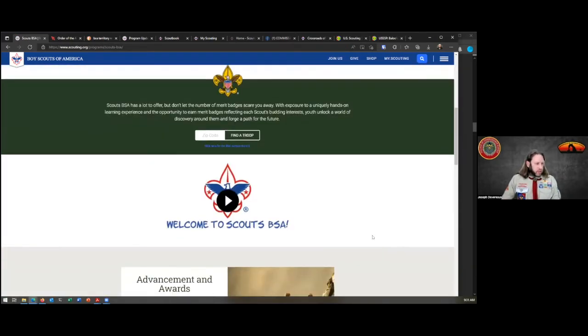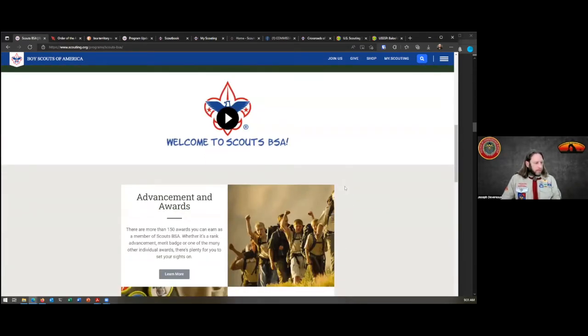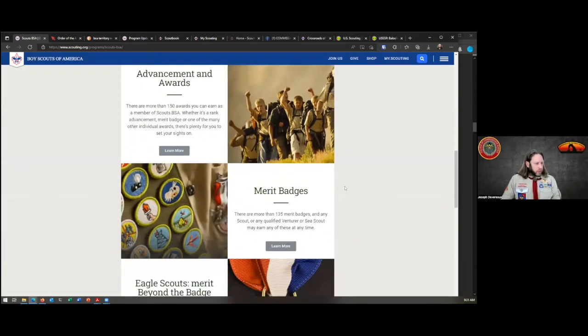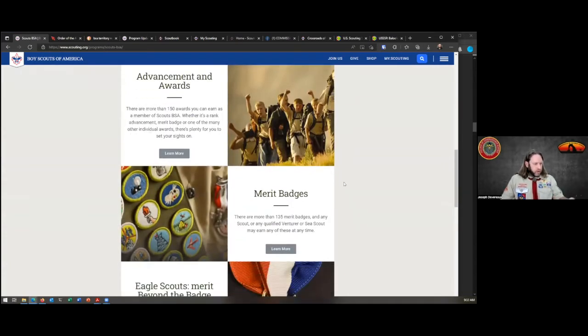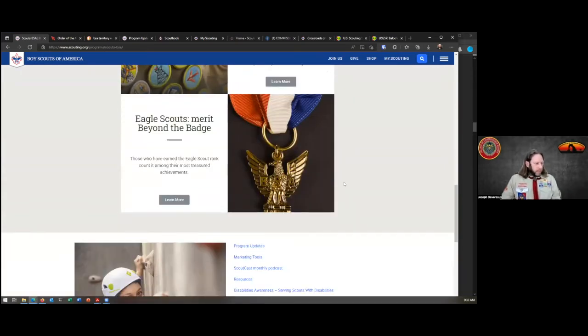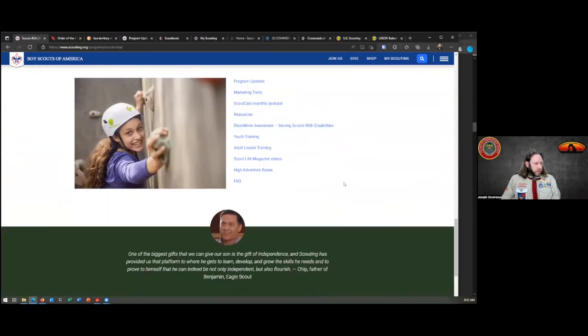Again, lots of information here. Find a troop, type in your zip code, find a troop. So I send people to beascout.org or this link here all the time. It's the quickest way to find what's near you, what's around, and what you can participate in. Again, learn about the advancement awards, the merit badges, what to do after you've earned your Eagle.